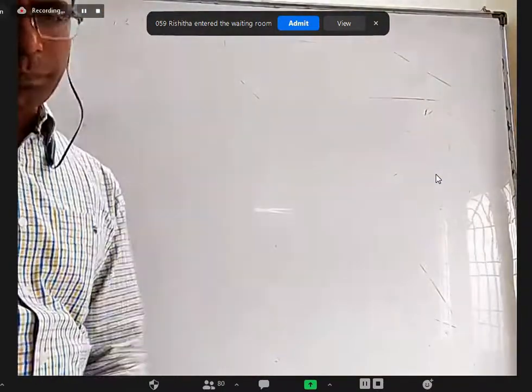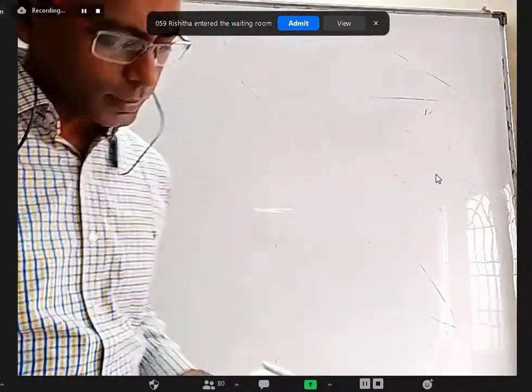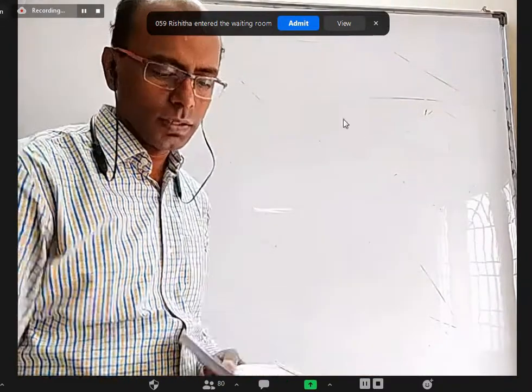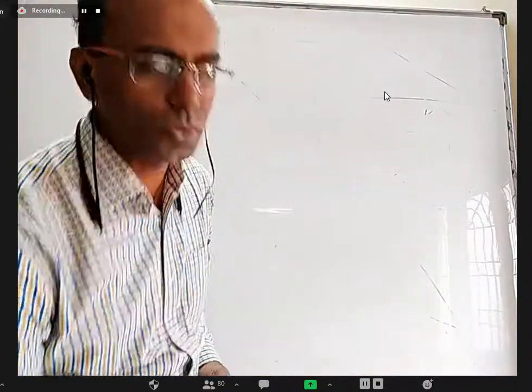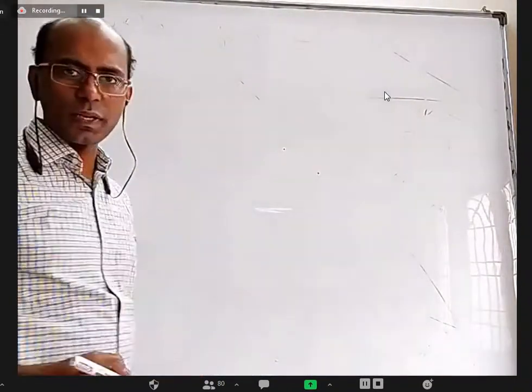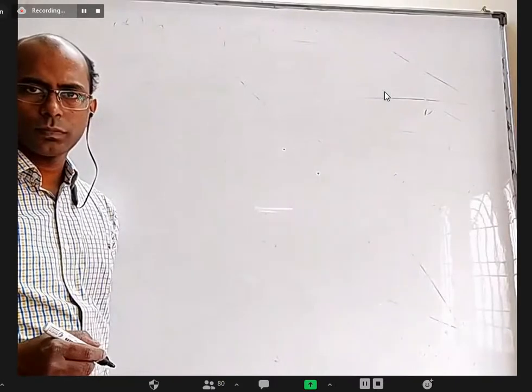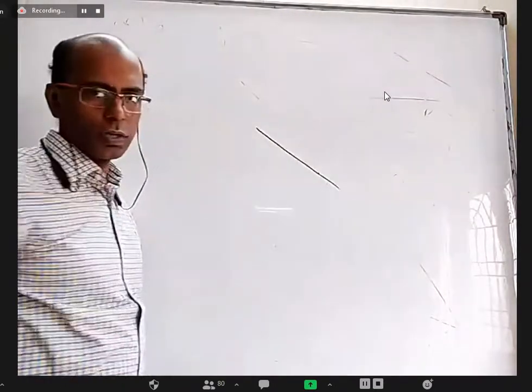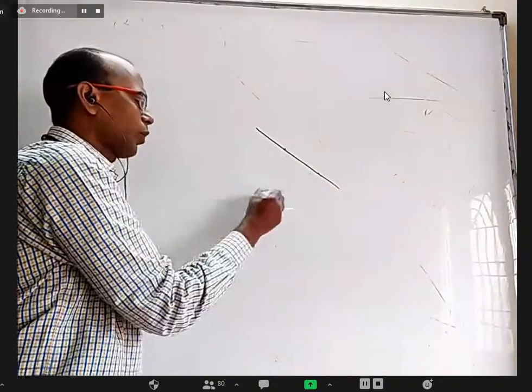Okay, 20th one. What is that? Two vectors are said to be collinear. There's a difference between points being collinear and vectors being collinear. Two points are always collinear in space, right? You can take any 2 points and join a line. Three points may or may not be collinear.